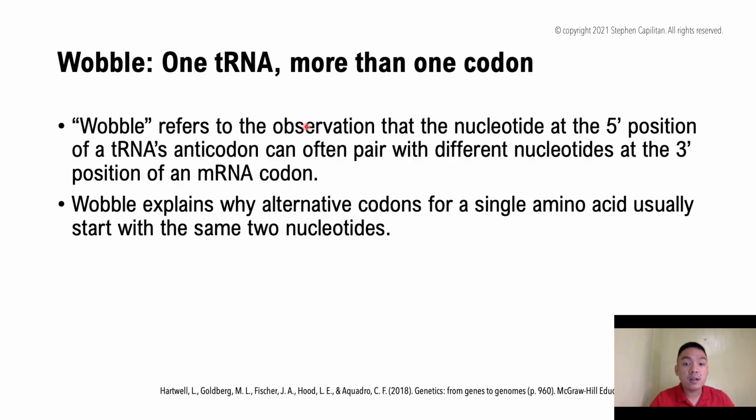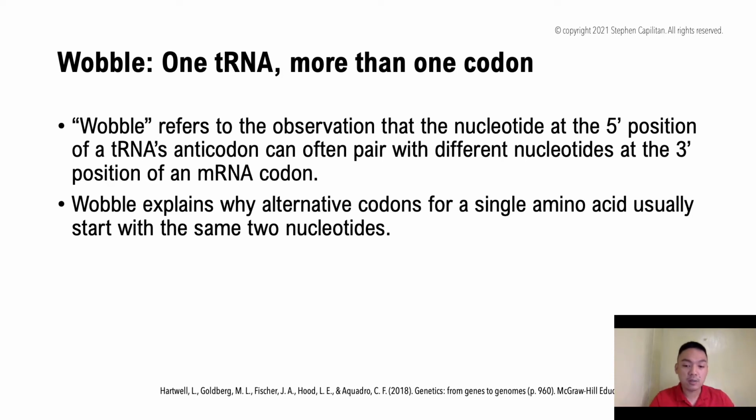This refers to the observation that the nucleotide at the 5' position of the tRNA anticodon can often pair with different nucleotides at the 3' position of your mRNA codon, and this explains why alternative codons for a single amino acid usually start with the same nucleotides. And this is very important. This wobble concept is very important, so that the degeneracy of the code is highly conserved